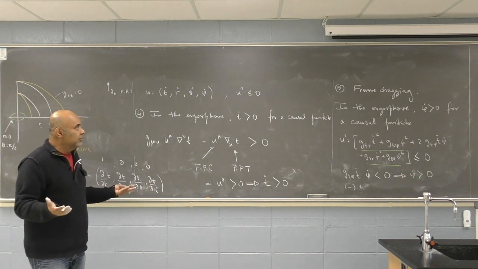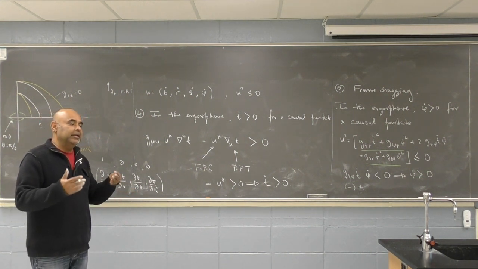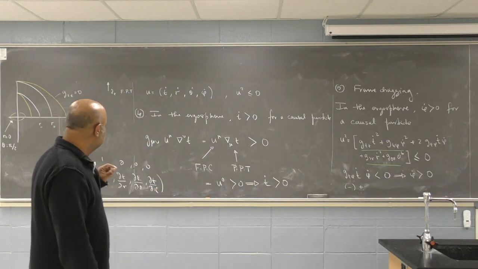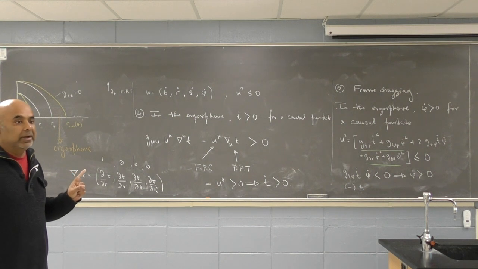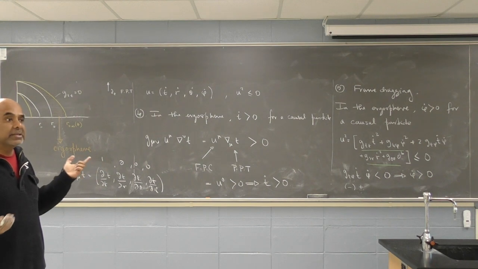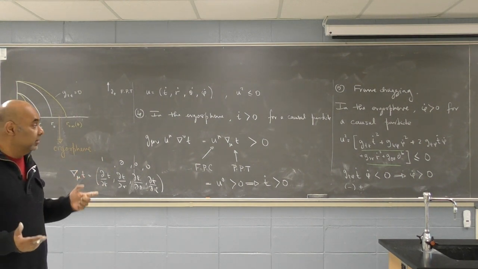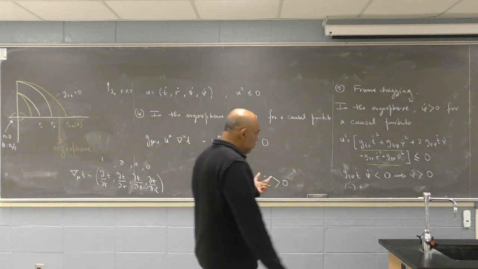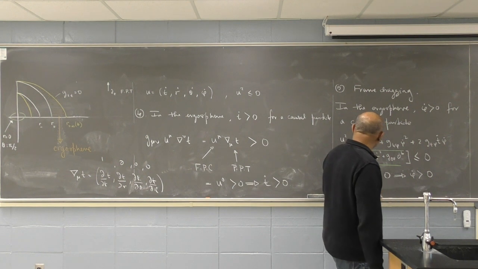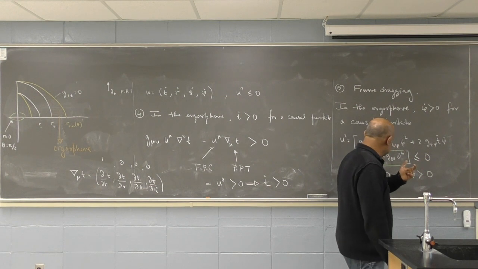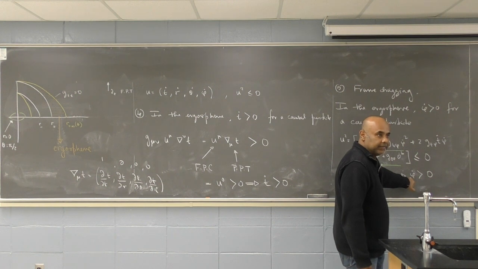Again, an interesting feature of the ergosphere: d/dt, d/dr, d/d theta, d/d phi, they're all space-like. Nonetheless, for a causal particle in the ergosphere, t dot has to be greater than 0, and phi dot has to be greater than 0. They're space-like quantities, and yet they have to be greater than 0. What this effect is saying is that including a beam of light, as it falls into the region of the ergosphere, it has to start rotating